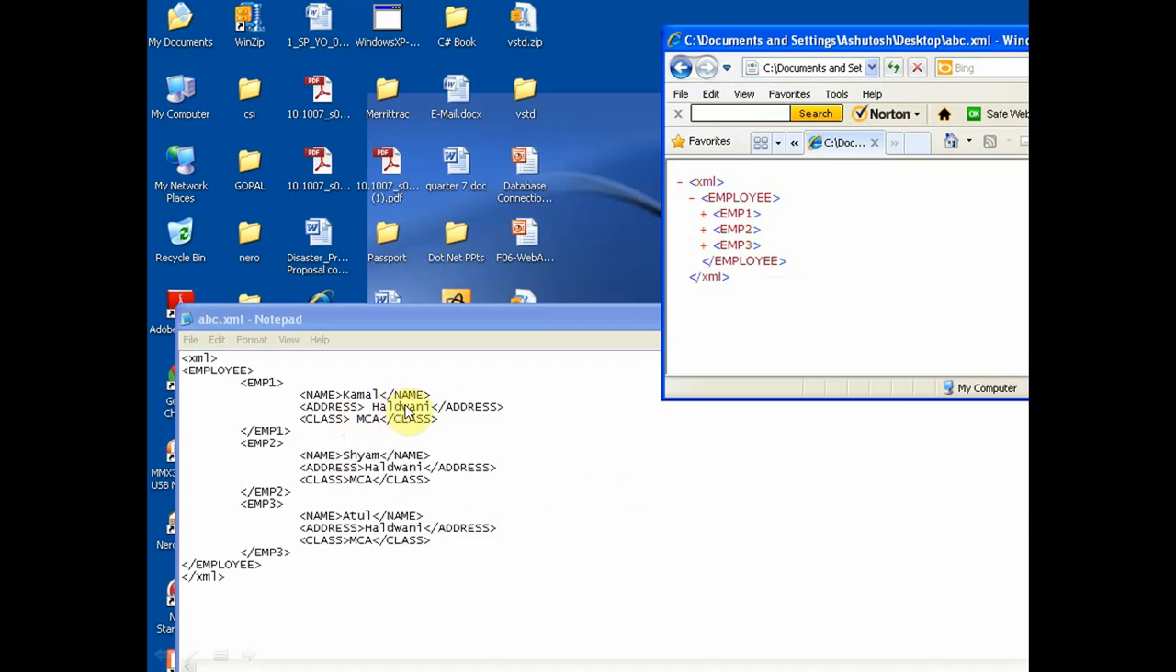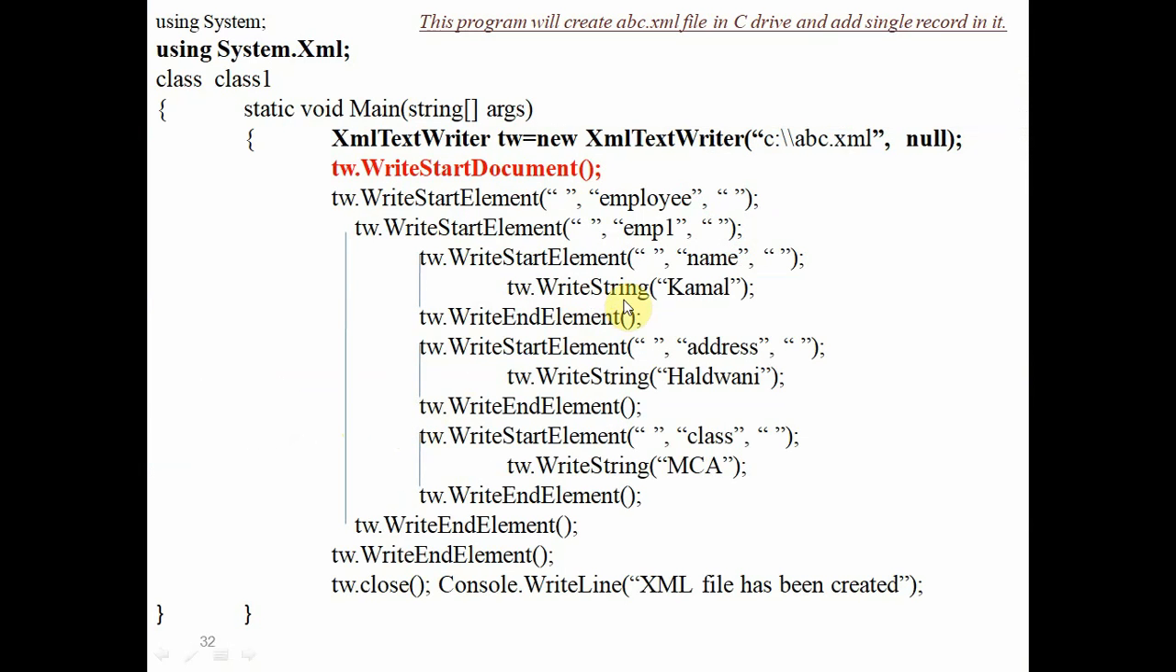So here Haldwani will be written by WriteString only. WriteString will be used for this, and tw.WriteEndElement. Again, WriteStartElement for class and WriteString for MCA, and tw.WriteEndElement. So this way we are writing the code which is used to write an XML document, and here